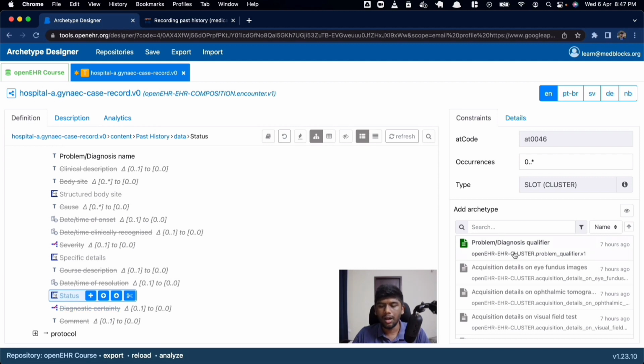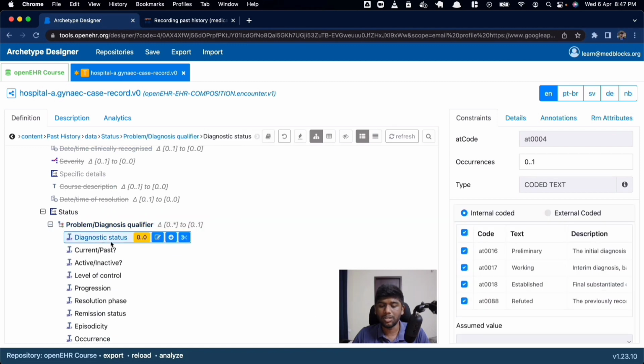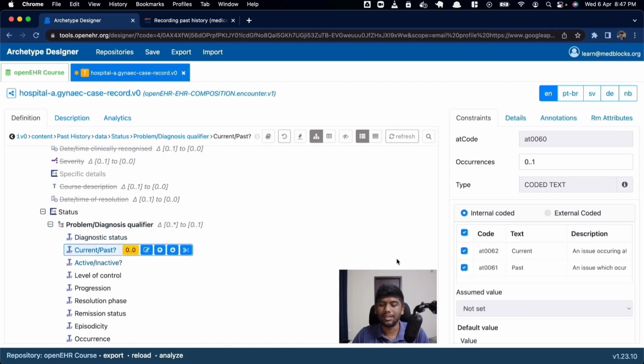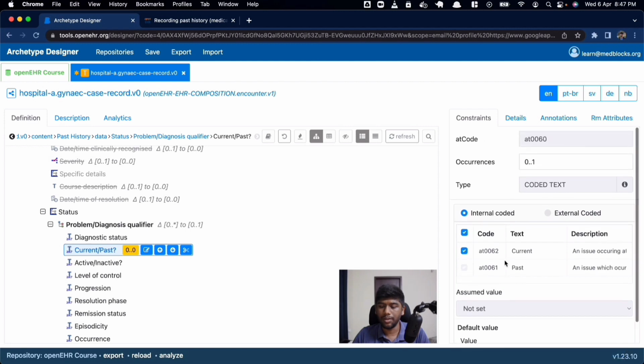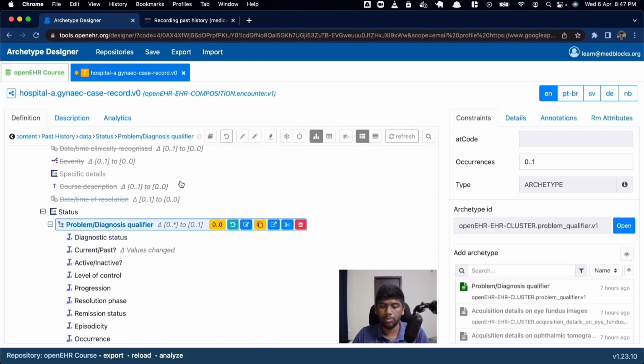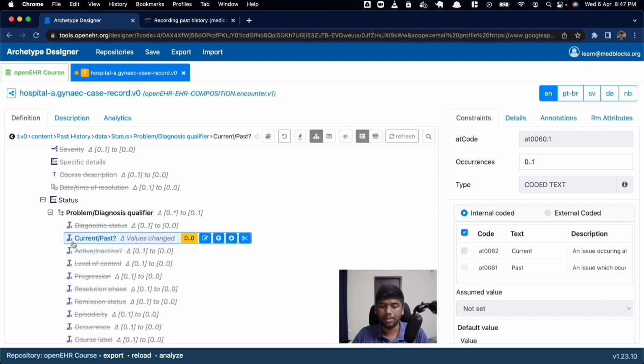The status tells you by default that it is meant for this particular archetype. This is the preferred one, but you can use other archetypes as well. The one shown in green is the preferred archetype. So again, problem diagnosis qualifier. Let's put that in, and it tells you the diagnosis status, current or past. That exactly represents whether this is past or current history. We will set the default value to past, and we will only allow past, and everything else we are going to be snowflaking out. We'll keep current or past active, and everything else I think we'll just